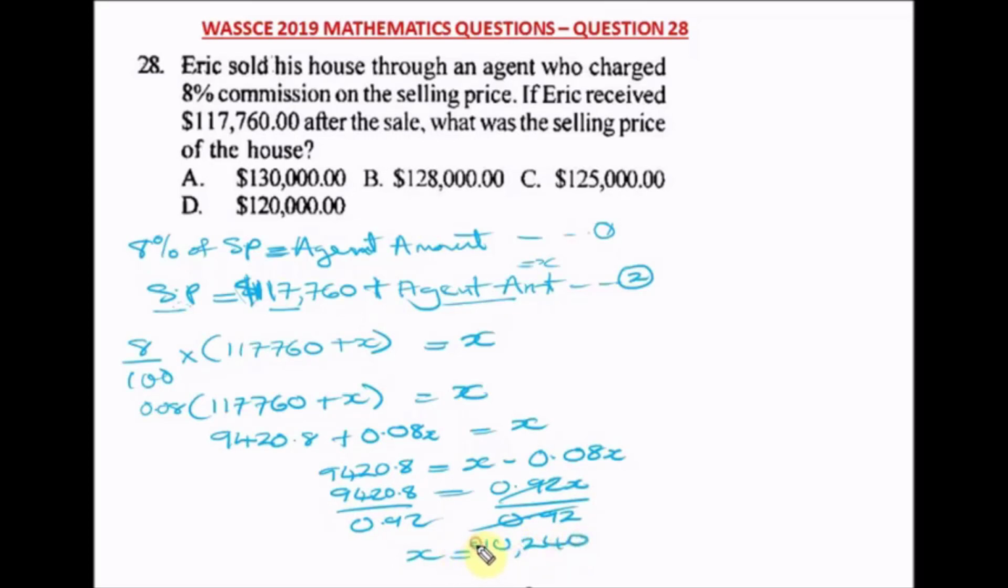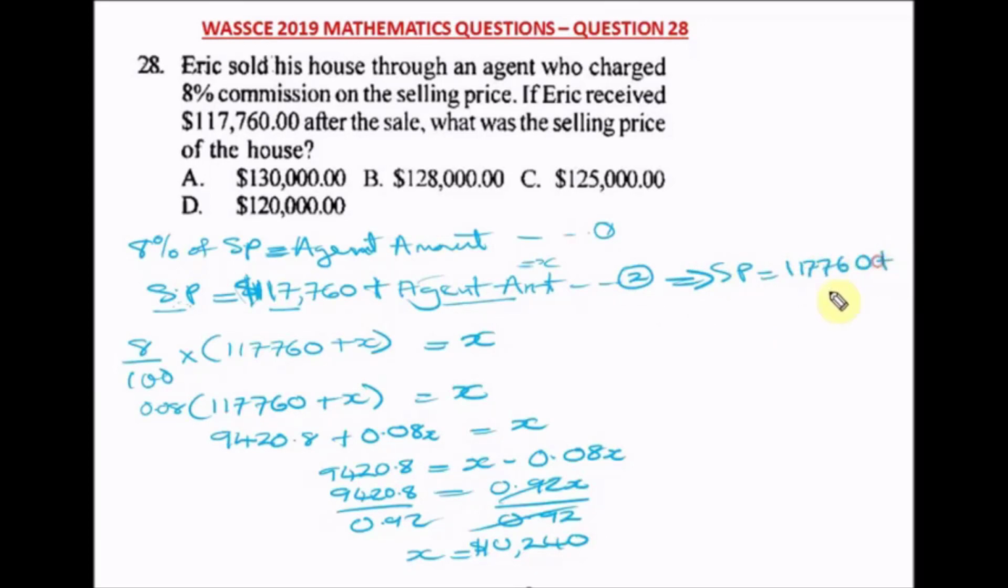X will give us 10,240. Okay, so this is our agent amount, $10,240. From here, it is easy for us to find our selling price by putting this value of x into equation 2. So our SP is equal to